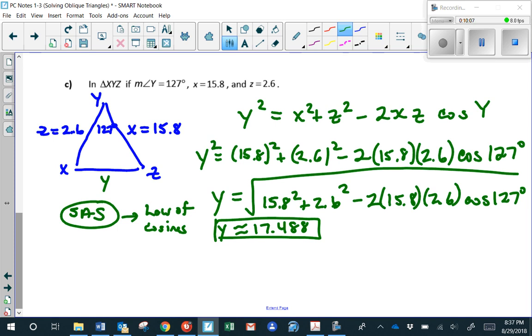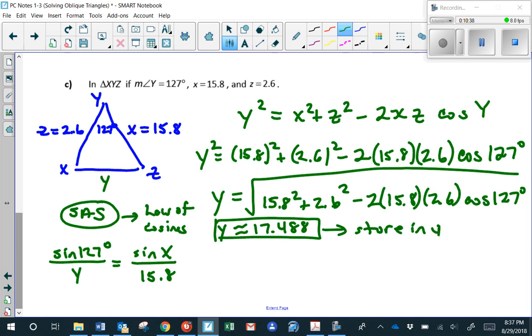So now we have the third side, and we just need two more angles. In order to find the angles, we're going to use the law of sines. So sine of 127 degrees over y is equal to sine of angle x over 15.8. Now we know the value of y, and we can actually store that value and then use it to find angle x. If we take this equation and we cross multiply,